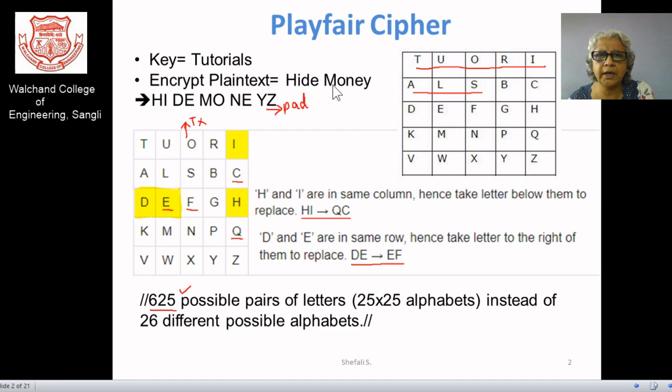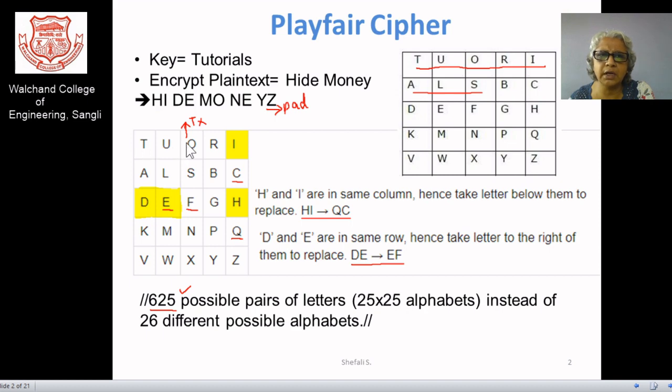As we know, for the Playfair cipher we need to arrange the key in a grid pattern. So let this be the grid pattern. I will give you the idea of how we need to arrange the key in the grid. So T, U, and the next T is there, you can observe here also. With "tutorials" as the key, T comes, then U comes.